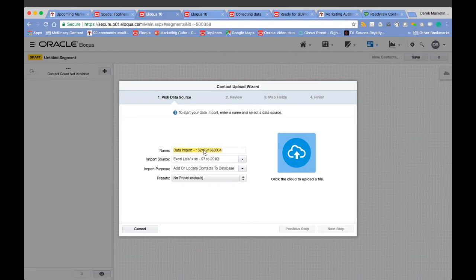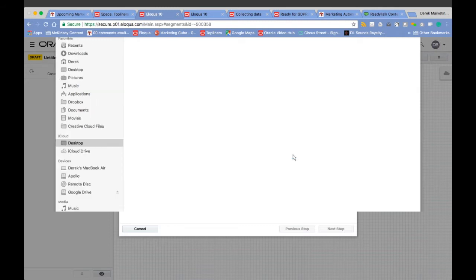which is why Eloqua gives it this really long number, for instance. But I'd encourage you to actually give that a name, because if you decide to create a shared list at the end of the exercise, it's this name that is given to the shared list that you create. And then from there, it's really just an exercise in field mapping. So you can either click here on the cloud, which you can then go and find a relevant Excel file,